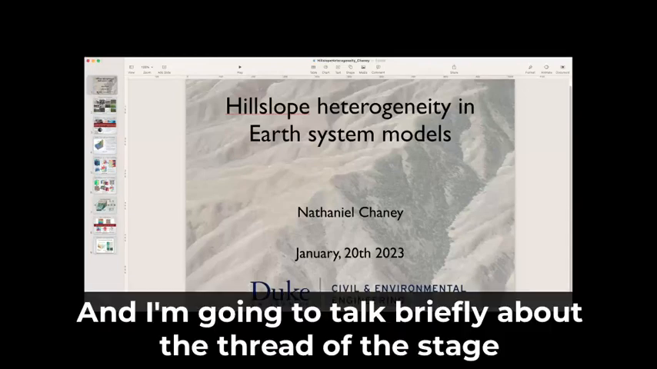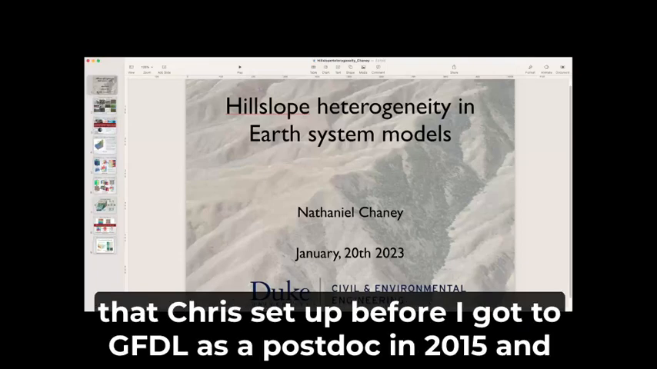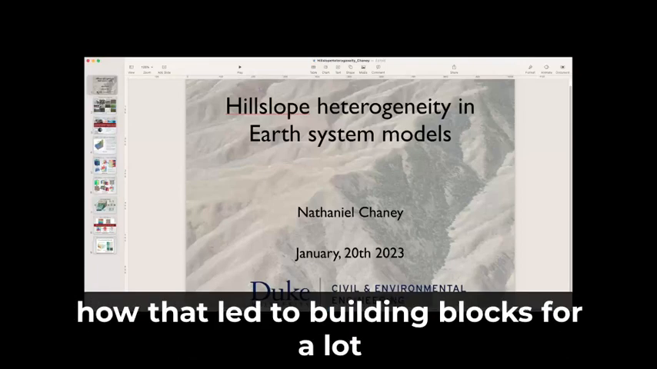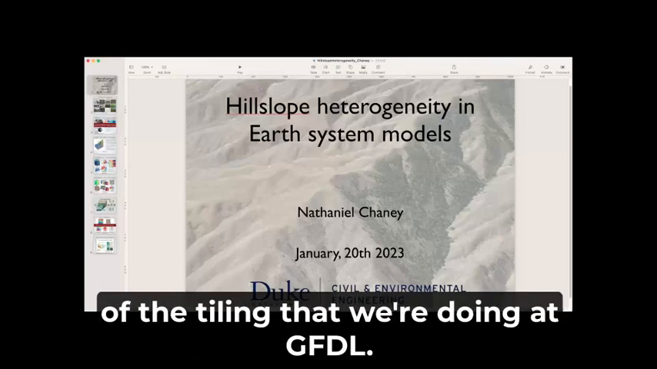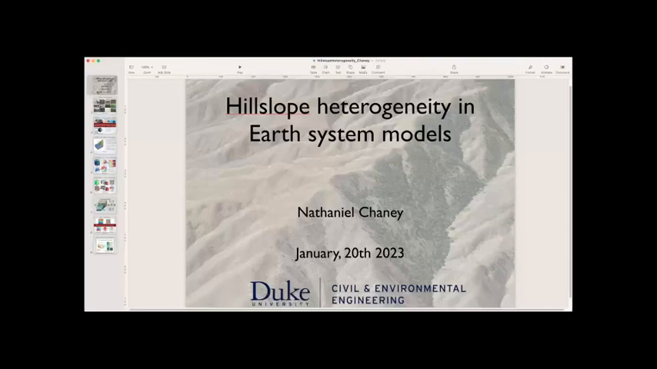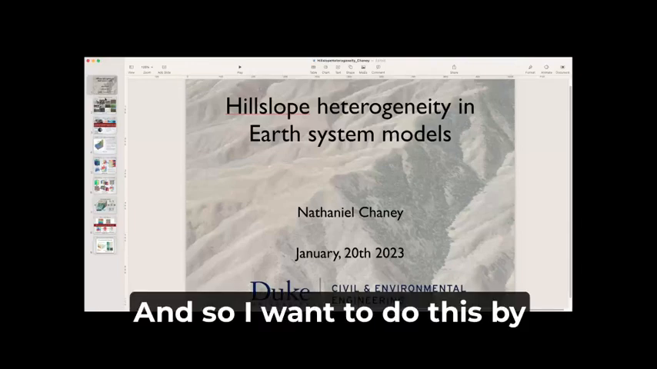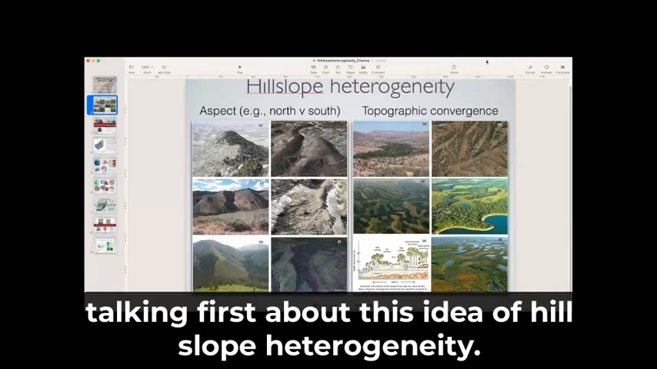And I'm going to talk briefly about the thread of the stage that Chris set up before I got to GFDL as a postdoc in 2015, and how that led to building blocks for a lot of the tiling that we're doing at GFDL. And so I want to do this by talking first about this idea of hill slope